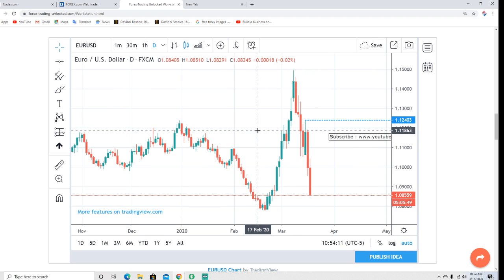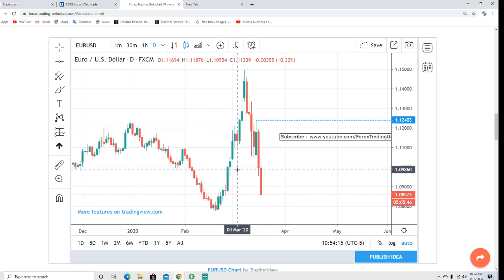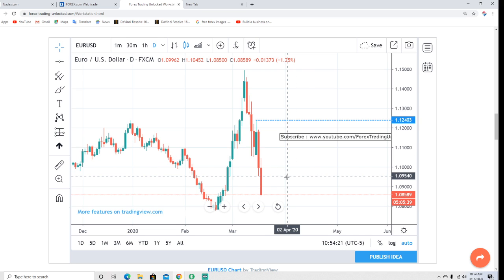I mean, neutral can mean just a very wide sideways trade. Look at this. We've had more of a range in the past month than we've had in the past year and a half. So this is something to be very mindful of. If you're trying to be a buyer here, I would definitely wait for a signal.